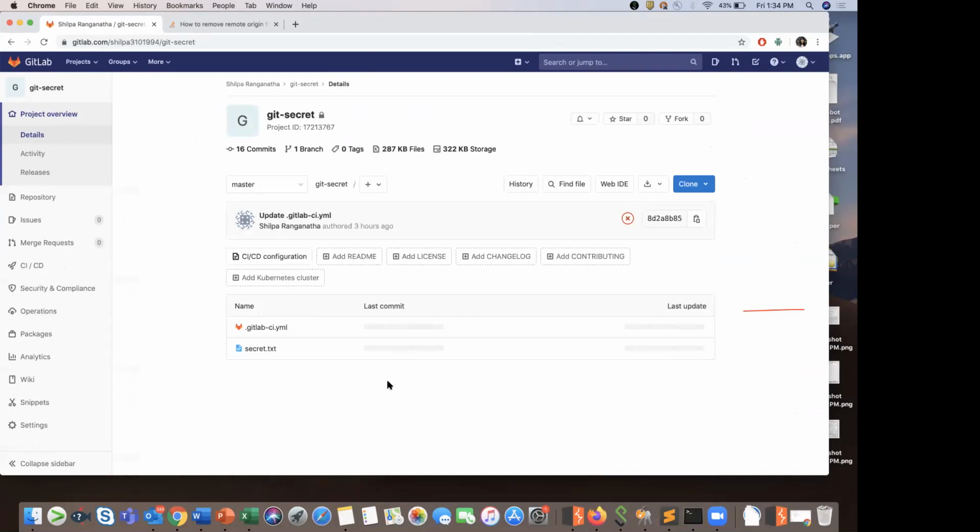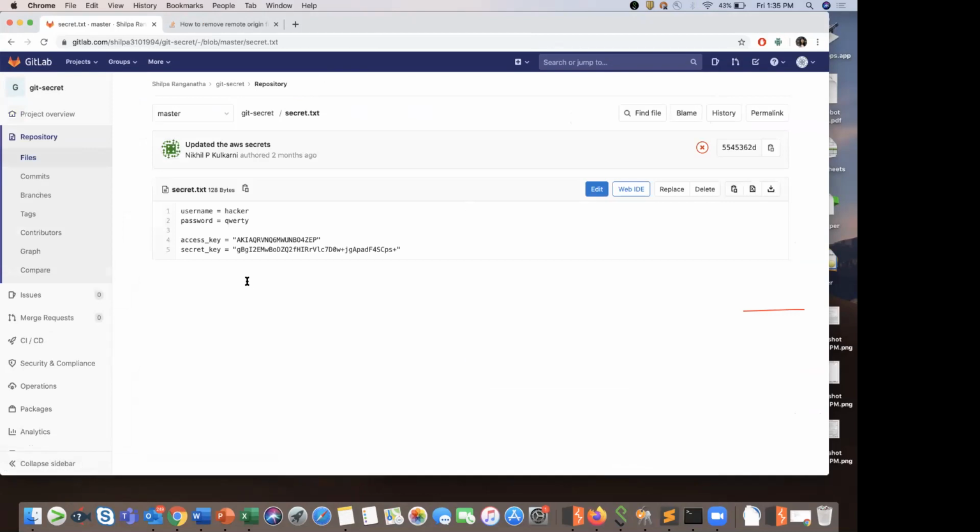Here again, I have maintained separate repositories for each tool, but in the end, all of this has to be merged into a single pipeline. Here I've just created a file called secret.txt just to showcase the tool. Inside my secret.txt are some credentials, some access key and secret key hard coded here.